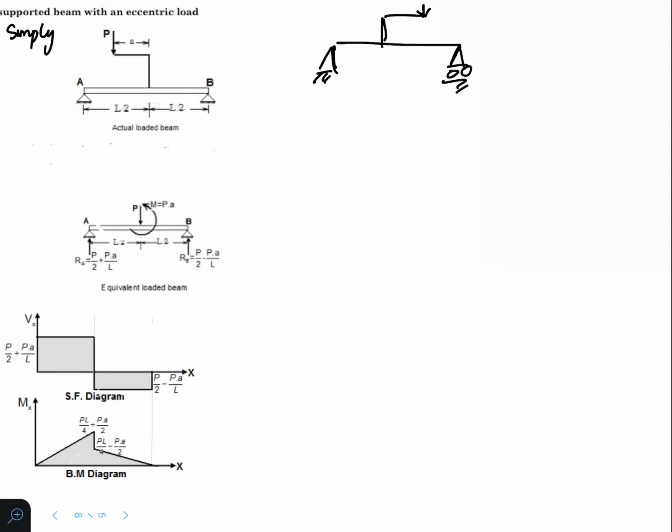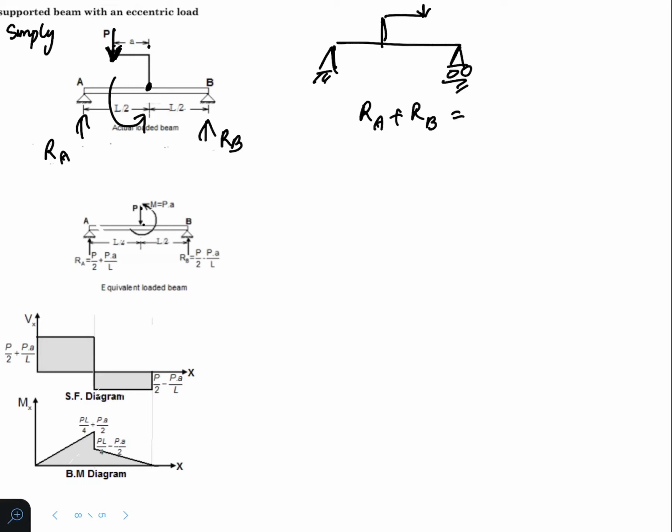So now let us solve this. See, we have to find out RA and RB. We have RA plus RB is equal to, see, from here we have already discussed about brackets, how to solve brackets. This P into this distance will cause a moment at this point and a concentrated load of P at this point. So that will be like this: P concentrated load and moment M is equal to Pa. See, this will act like this. See the direction of this is going to act like this. So this bracket will cause a moment of Pa and a concentrated load of P. So from that we will have to find out RA and RB.